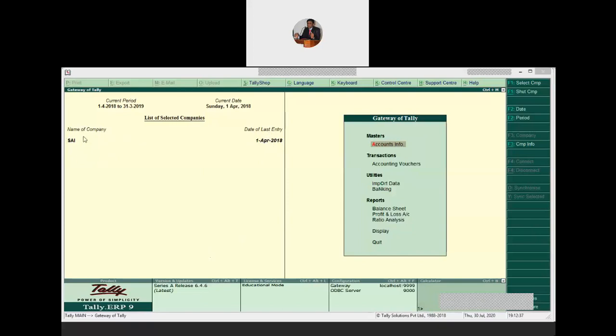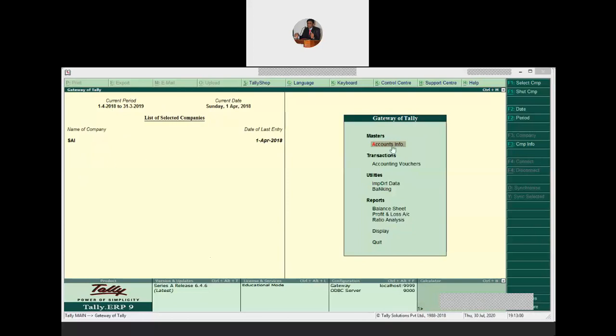Means in this Tally we are having only one company which is created by name Sai, so one company is listed. Further, when you go on practice and when you create more number of companies, all those companies will get listed here. So their current period, current date, and the list of the companies in Tally will be displayed in the left side of the main work area.